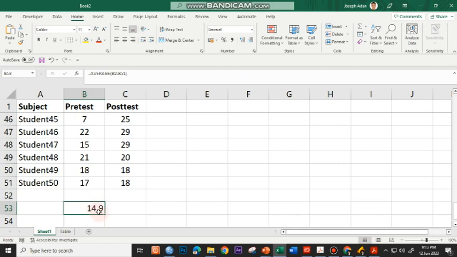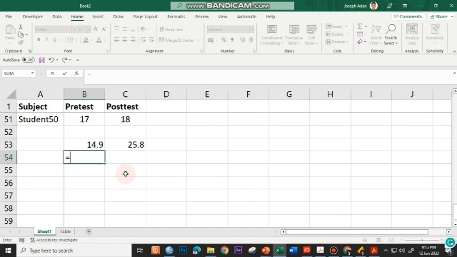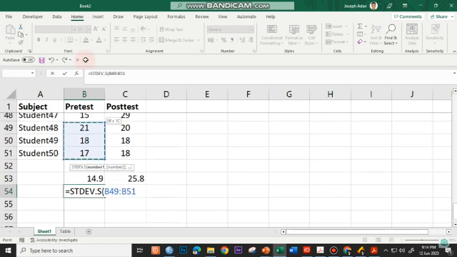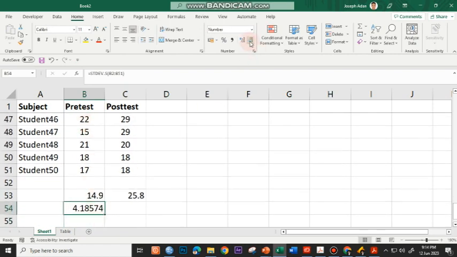And then I'll just copy this and paste this to the post-test to copy the formula for the post-test. So I'll set 1 decimal place for the mean. And then for the standard deviation, I'll be using the stdev.s function. So that is the standard deviation of the sample. And then once again, I'll just be highlighting the data and press enter afterwards. Set the decimal places to just 1 and then copy this and paste this in the